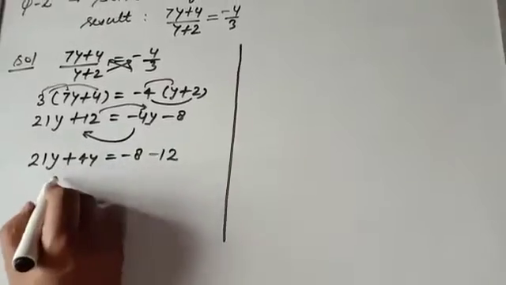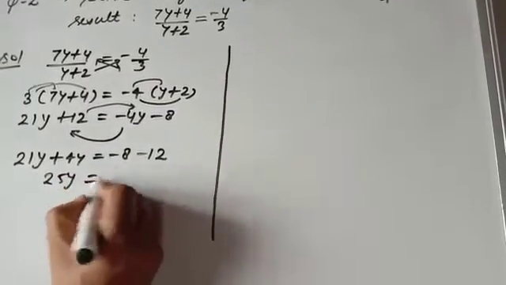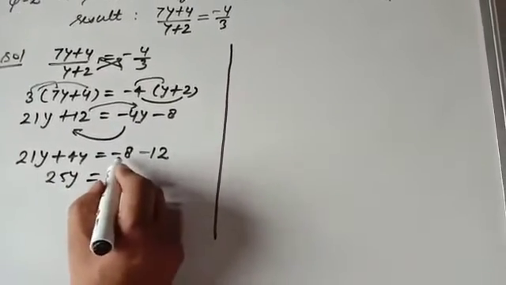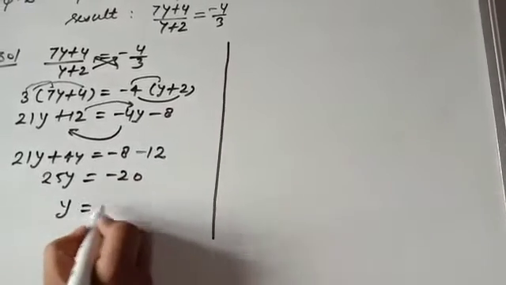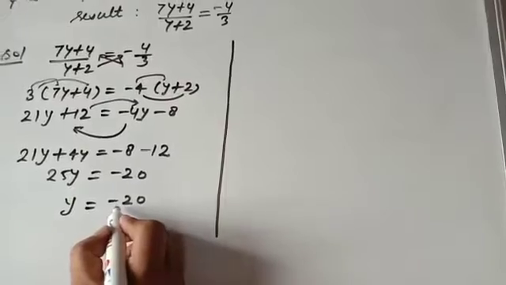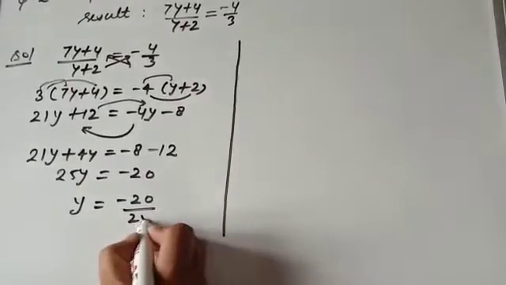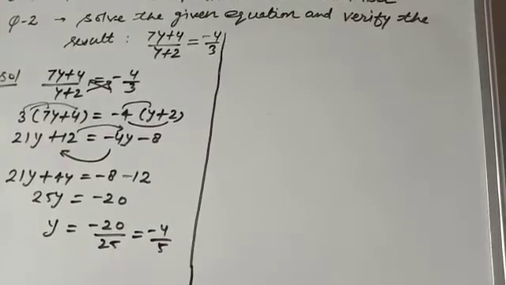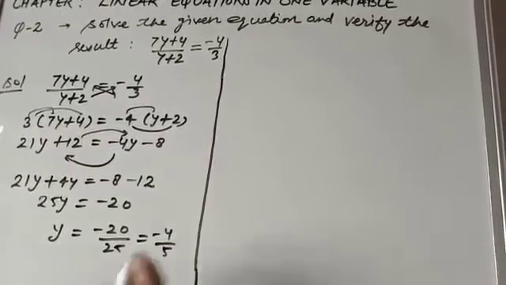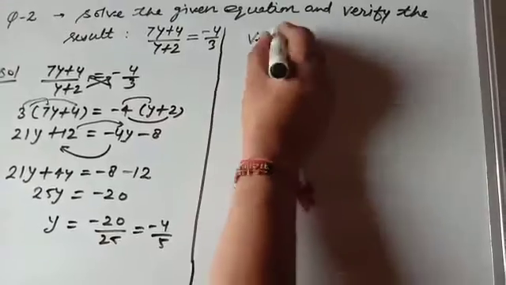So 21 plus 4, that is 25y, as both have the same sign we add them, that is equal to minus 20, and y is equal to minus 20 upon 25, that is equal to minus 4 upon 5. Now students, we will verify the result. So verification,